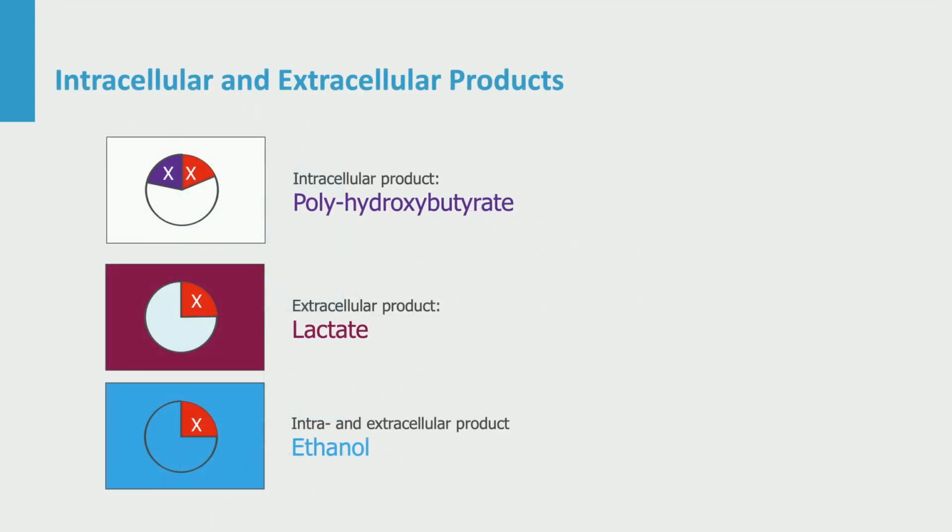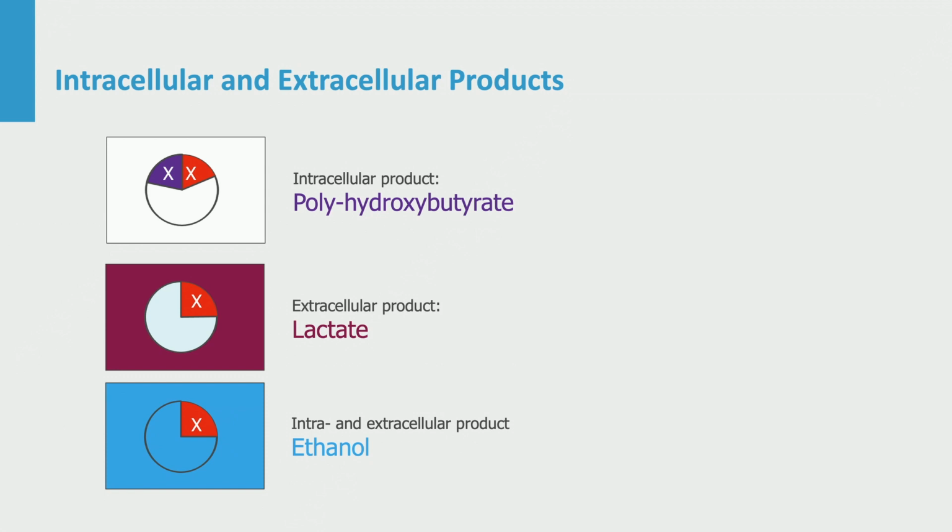Firstly, we should know where our product is. Fermentation broth contains cells and extracellular liquid. The cells, indicated by the spheres, contain oven-dry matter, indicated by the white axis, and intercellular water with a bit of other volatiles. Products will remain intercellular if they do not pass the cell wall, for example the storage polymer polyhydroxybutyrate or an intercellular protein. To obtain intercellular product, the cells will have to be disrupted, which releases a multitude of side products.